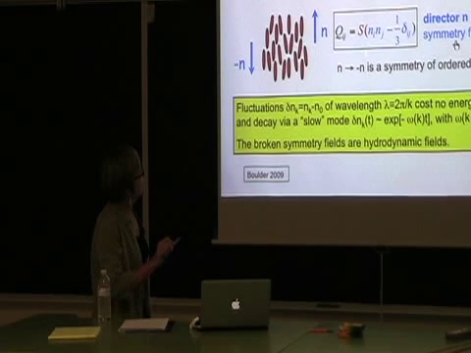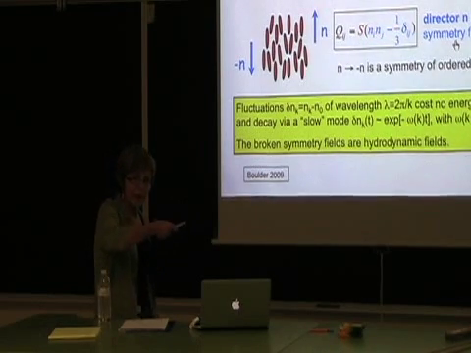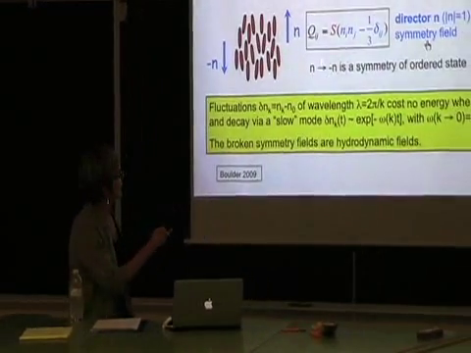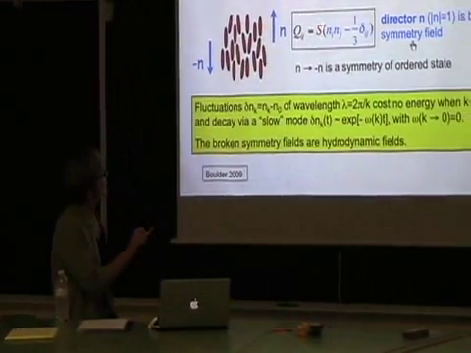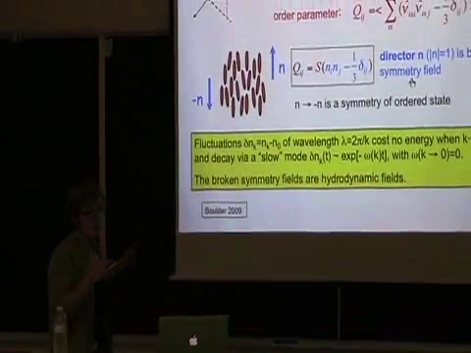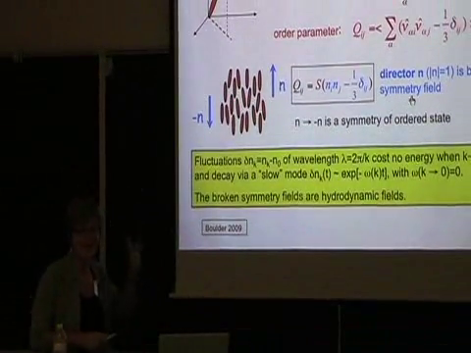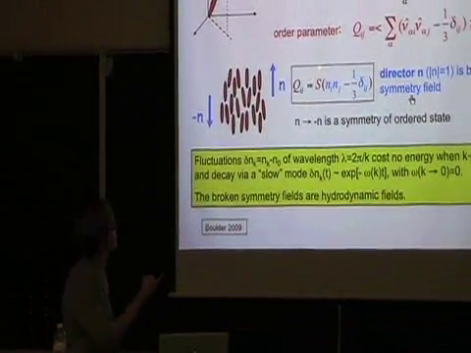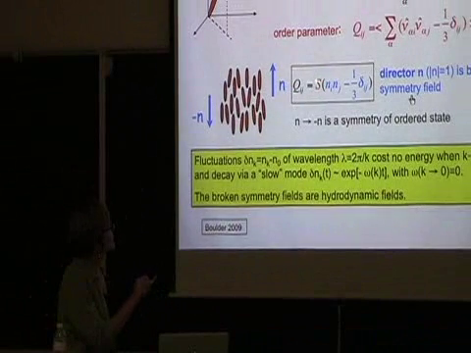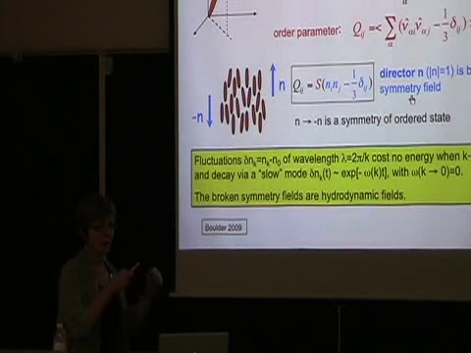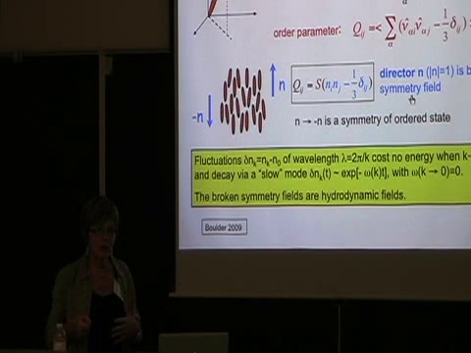Now at the macroscopic level, I can write it for this system of rods, which is uniaxial. The only spatial direction is n. I can write it this way. S, if you like, is the magnitude of the tensor, or in quotation, the magnitude of the order parameter. S is the quantity that tells you if you are in the disordered state or in the ordered state.